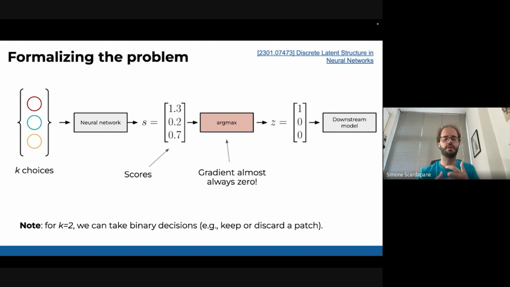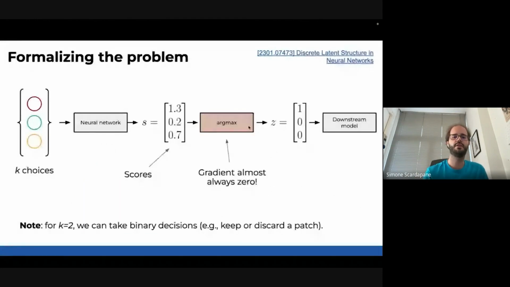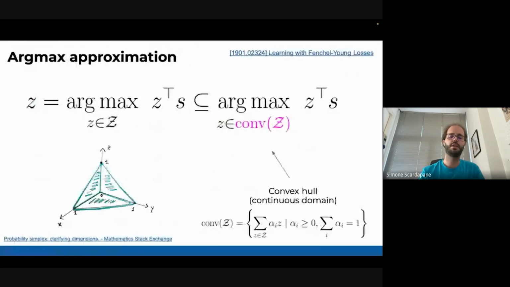I'll go a little bit quicker here. If you care about the theory, you can go to the slides and the paper I mentioned. But basically, this is a non-differentiable thing, so the idea is to turn it into a differentiable thing by relaxation. In particular, there are some generic relaxations that you can apply here.